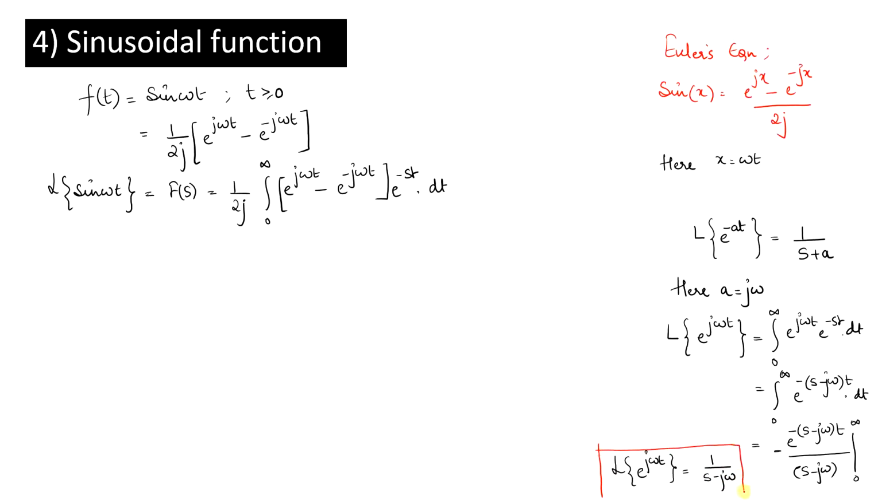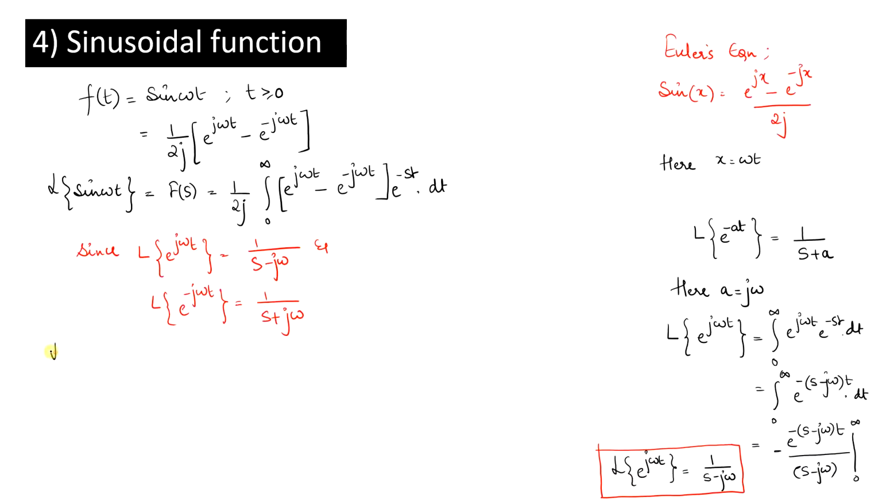If I am considering e power minus j omega t, the final expression will be 1 divided by s plus j omega. So considering that, since Laplace transform of e power j omega t is equal to 1 divided by s minus j omega, and Laplace transform of e power minus j omega t is equal to 1 divided by s plus j omega. Therefore, you can write this as